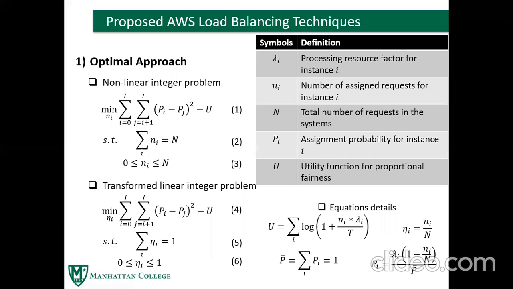It is clear from the mathematical model that this problem is a nonlinear problem and can be easily transformed to a continuous problem by simply introducing a variable. For instance, we opt to go with eta, which is given by Ni over N. So the transformed constraints after putting in the value of eta are given in equation 5 and equation 6. After this modification, the optimization model becomes a linear convex function in eta, and simple solvers such as CVX can be used to obtain an optimal solution.